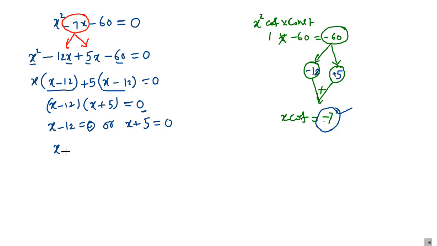And here if we simplify x minus 12 equals 0, we get x equals 12, which is one of the solutions for the variable x. Or if we simplify x plus 5 equals 0, we get x equals minus 5. So what are the solutions of this equation? One is 12 and another one is minus 5. So we get one as positive number and another one as negative number. Here what is x in the problem?